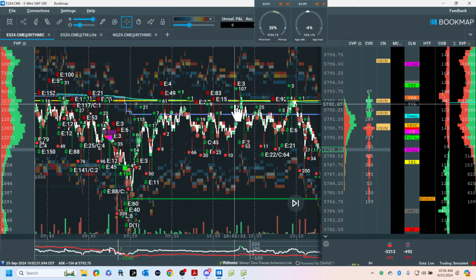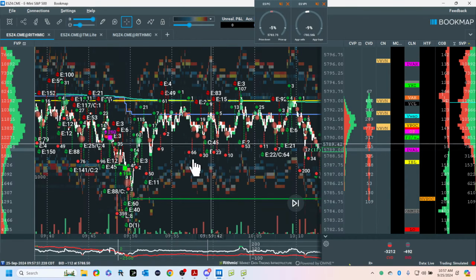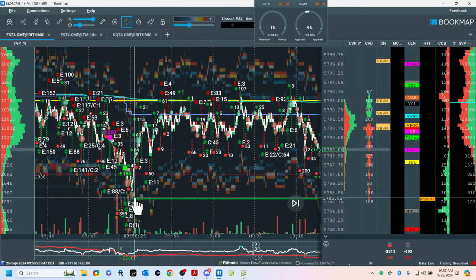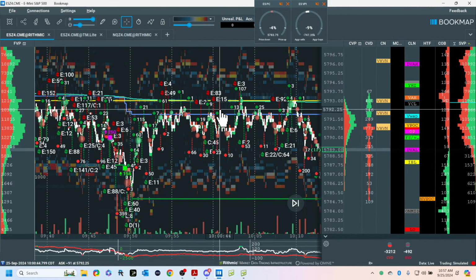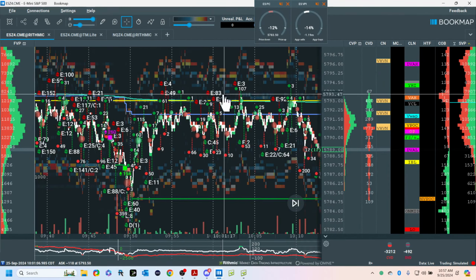So I got the short. So the long scaled, failed, so scratch. Then the full session VWAP back, scaled, and then the runner taken out. So did okay on that one. Burgers, fries, and a bucket of chicken. Then the short to the target, fine. Then the long to the target, holding the runner, fine.